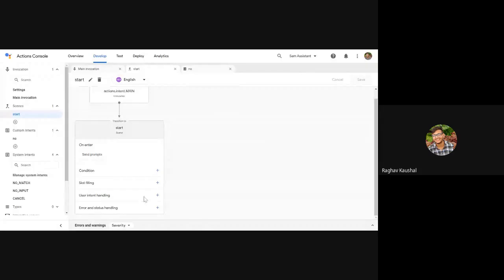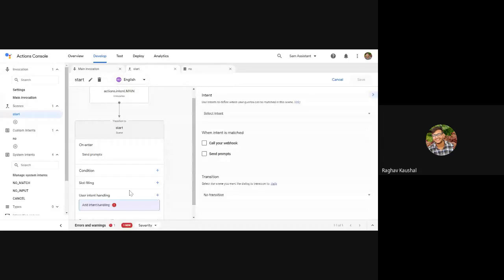Let's click on plus. It will check whether the input the user has given is one of these intents. If I'm going too fast or the pace is not right, just tell me, guys. If you have any doubt, do you want me to go slow, or is this speed fine?